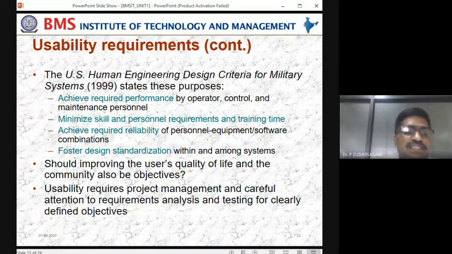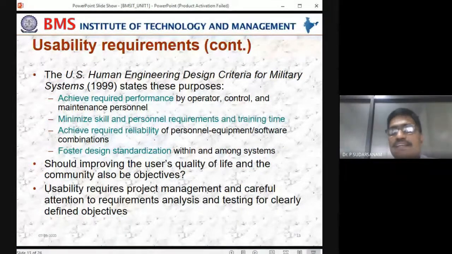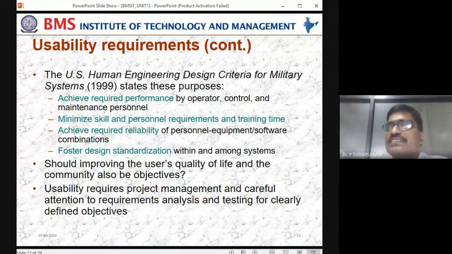They have given three or four points. First: achieve required performance by operator, control and maintenance personnel. Here is one definition, with one example you can give. They have taken the human engineering design criteria for military systems.